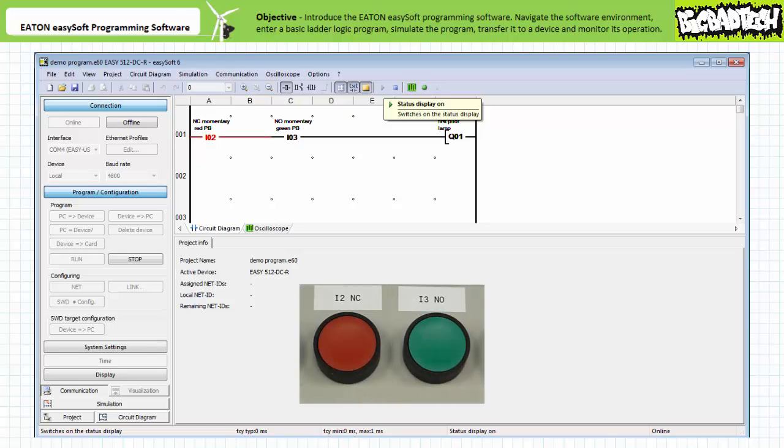Note, when neither button is actuated, the remote monitoring utility indicates the make instruction examining I2 permits logical continuity. However, I3 does not permit logical continuity onto the output, and output coil Q1 is de-energized. You'll note the remote monitoring utility symbolizes logical continuity by highlighting the active portion of a rung in bold red. When only the field input device attached to input I2, the normally closed red push button, is actuated, the remote monitoring utility indicates the make instruction examining I2 does not permit logical continuity onto the output,